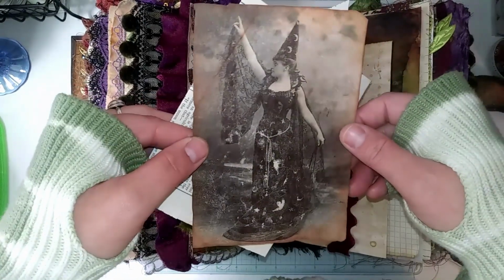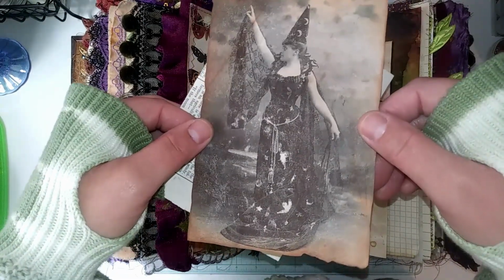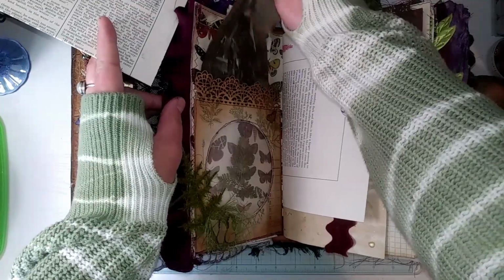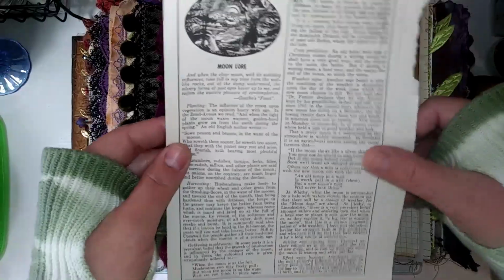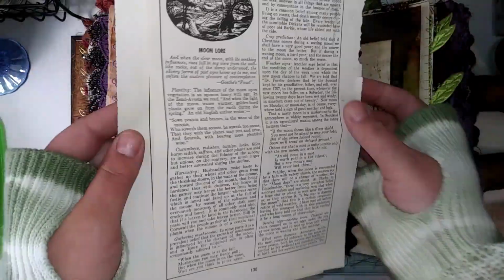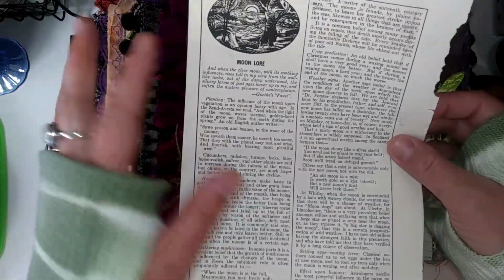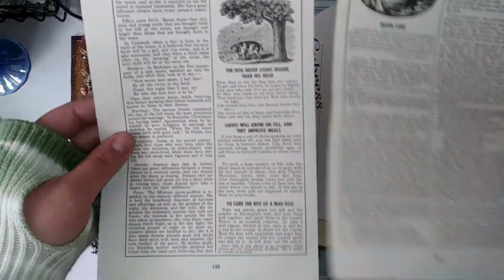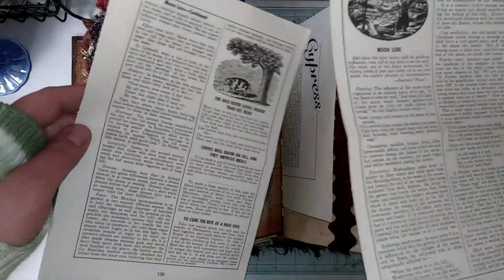Inside is just this really fancy witch here, and she's got her best clothes on. She's really pretty. It's just a printout onto coffee dyed paper, just some extra space for writing. Inside, I've just enclosed a few pages of moon lore, and this is from an herbalist's guidebook, and it's got a lot of stuff in it teaching you about